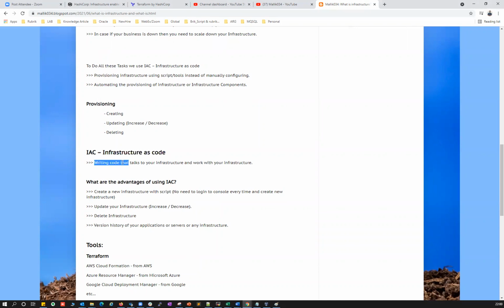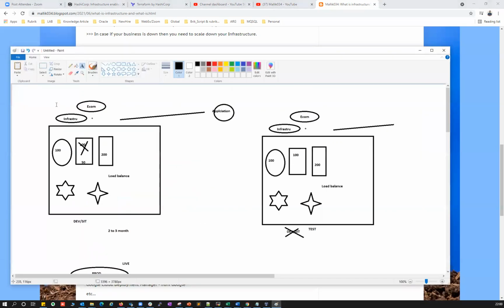By writing a code that talks to your infrastructure and works with your infrastructure, it will provision your VMs, it will provision your network, it will provision your load balancer, it will provision your DNS, it will provision your databases. So rather than going into the console, you can directly write code, and you can build your entire